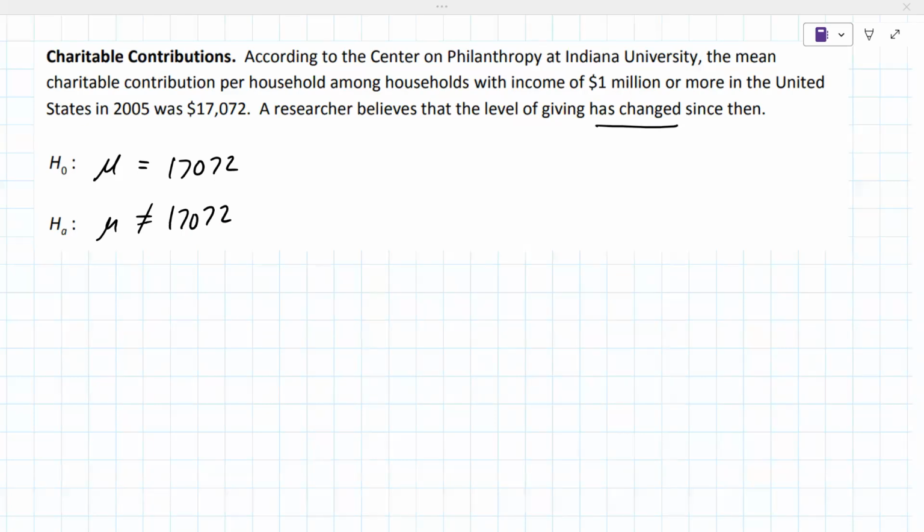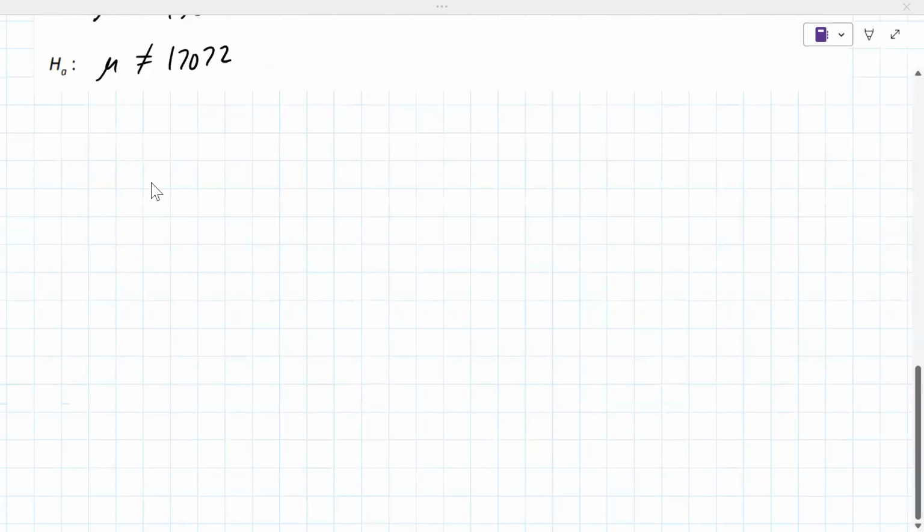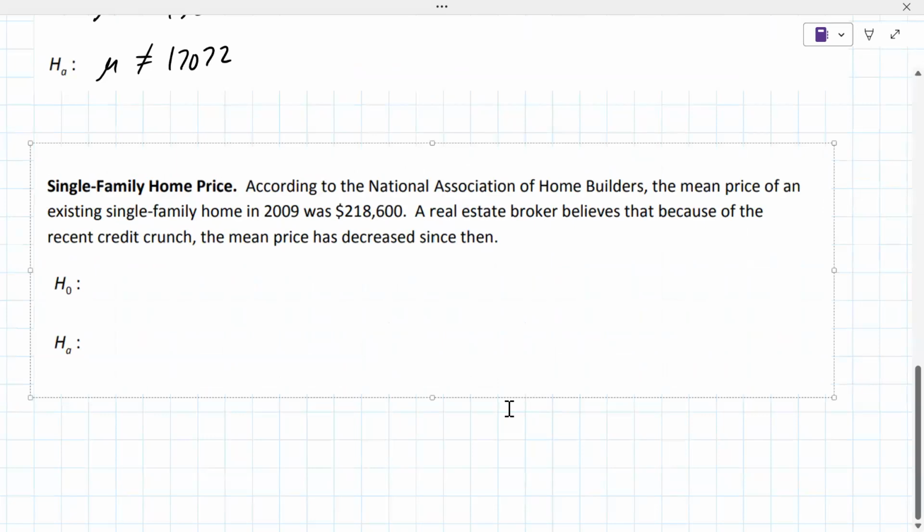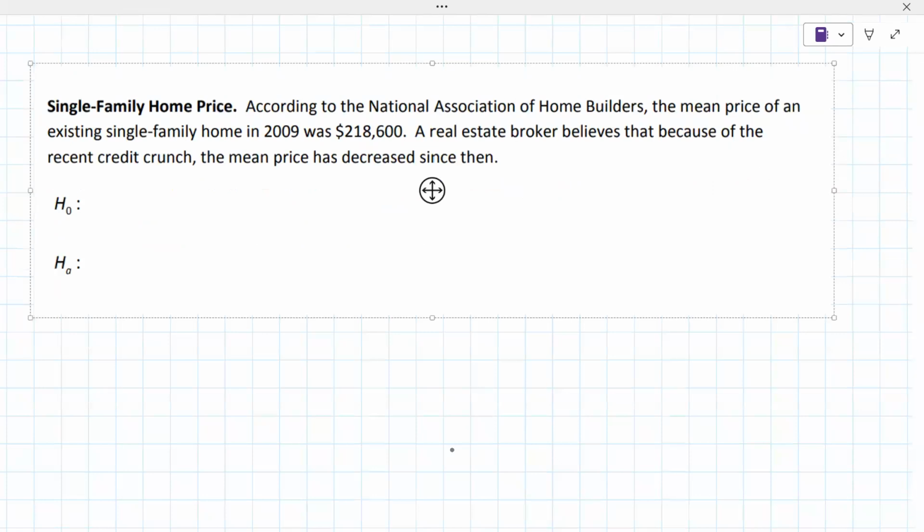So here is another problem for you to look at. See if you can write the null and alternative hypothesis for these. Okay. Decreased. So the mu would be the null, or in other words, the null would be